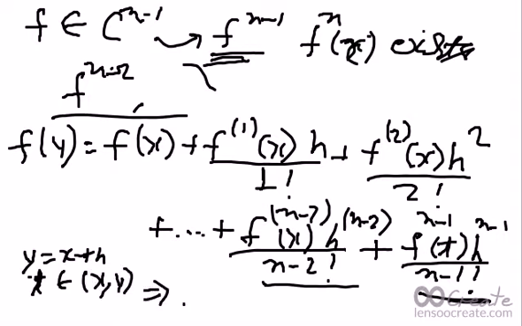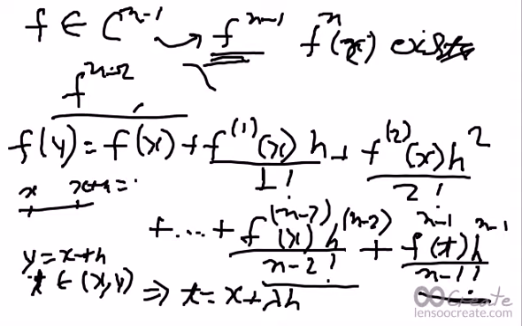So we can write it like t is equal to x plus lambda h, right? This is x, this is x plus h, which is equal to y, and t lies somewhere here, so t is equal to x plus lambda h, and some fraction of h we add to this x and we get this t. So now we can write this as, okay,